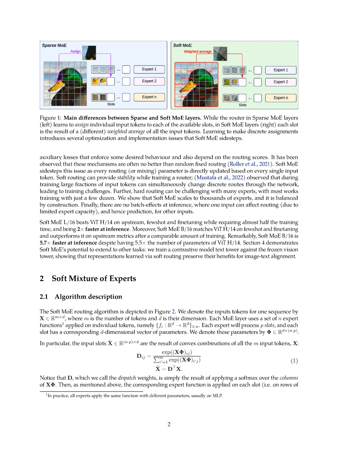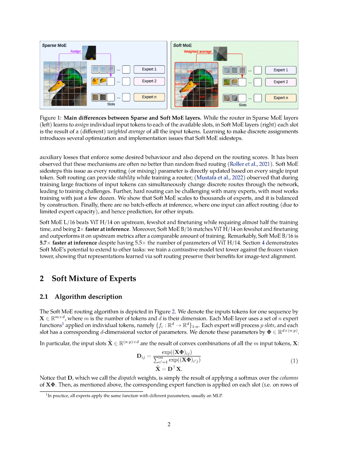In practice, all experts use the same function but with different parameters, typically a multi-layer perceptron, MLP. Each expert processes p slots, and each slot has a corresponding d-dimensional vector of parameters. We represent these parameters as phi. The input slots, represented as x tilde, are the result of combining all the m input tokens, x, in a